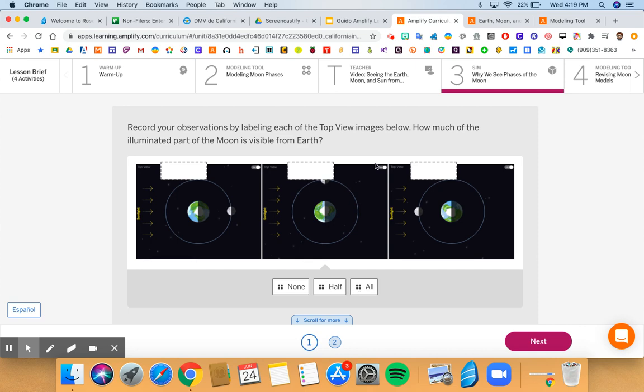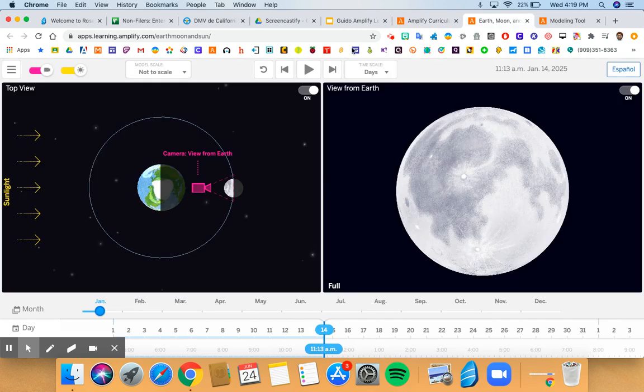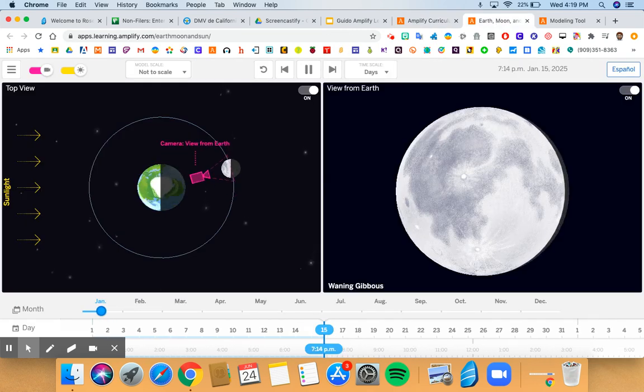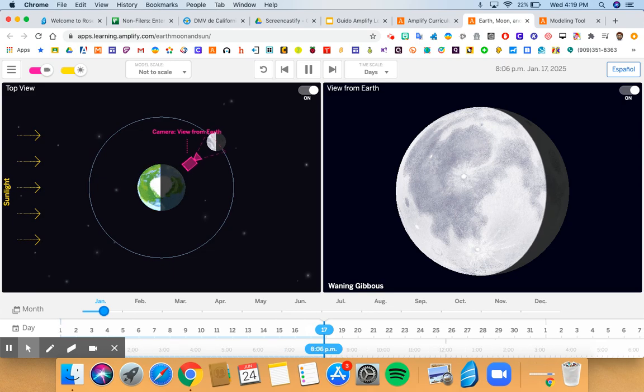How much can you see of the moon based on how much it's illuminated? So go ahead and move one of the labels to the first picture. And when you're done, we're going to move on to the next picture,